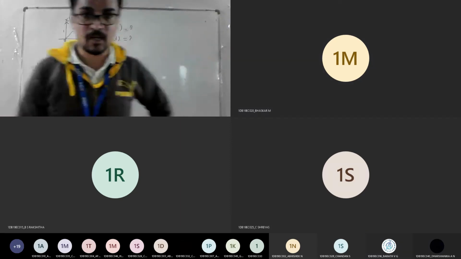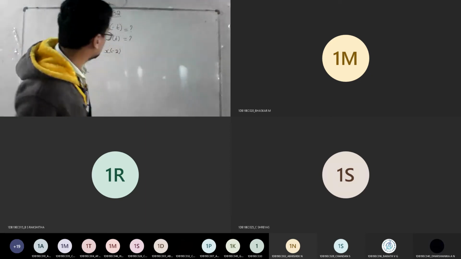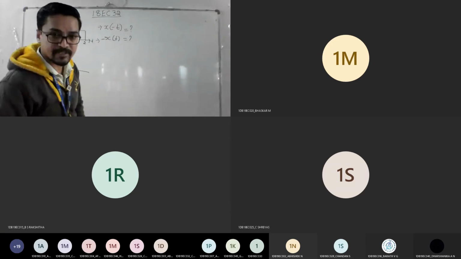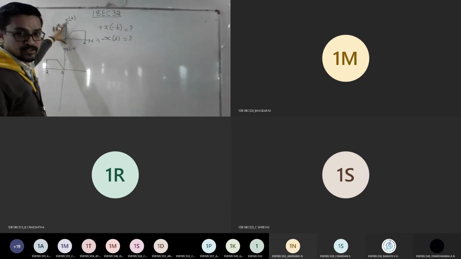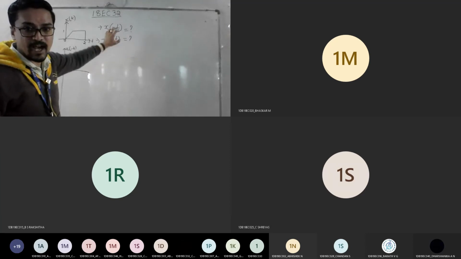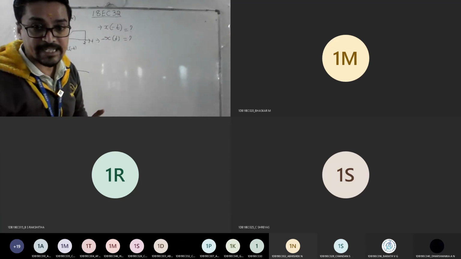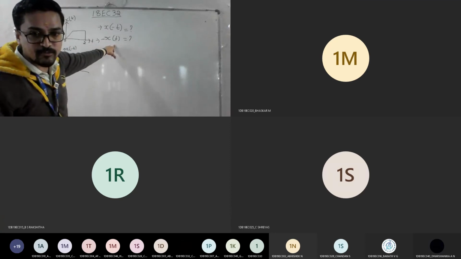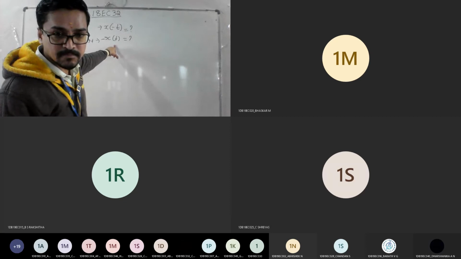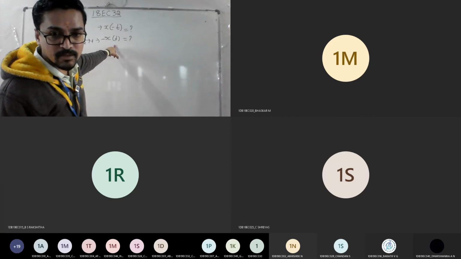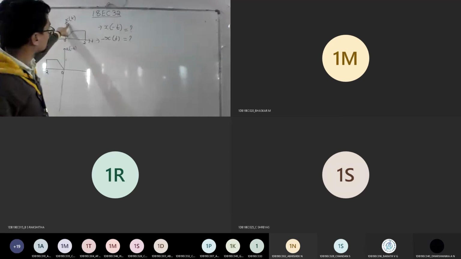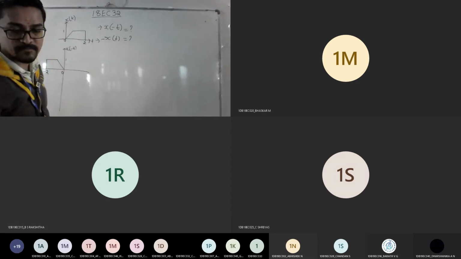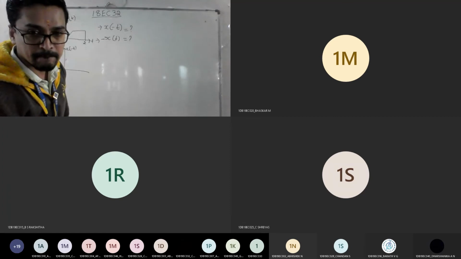Okay, so after that, how to plot minus x of t? Look at the next question. I need to plot minus x of t. X of t is here. In the case of minus t, I mirror imaged the x-axis, with respect to time. But if I say minus x of t, what is the meaning? What should I fold? The amplitude. Yes or no? This is x of t. If you say minus of this, the plus 1 becomes minus 1. Agree?